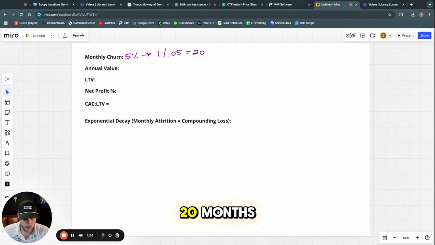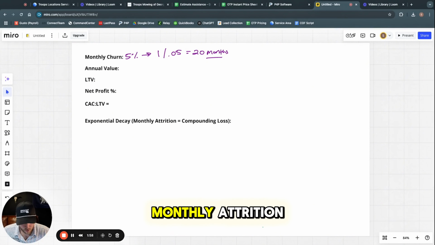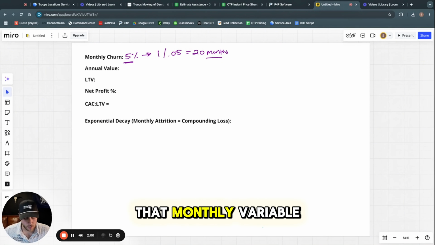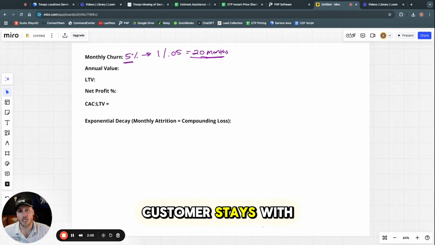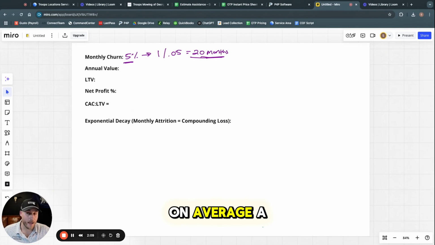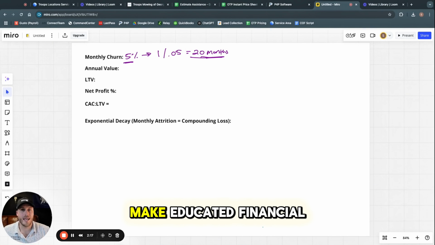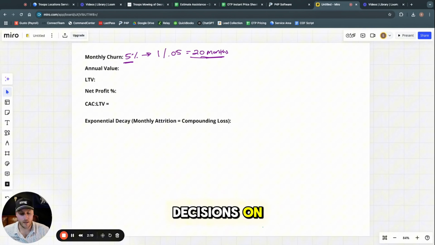This is going to give us 20 months, because we are looking at our monthly attrition. 20 months is how long a customer stays with us on average. If we have a 5% monthly attrition, on average, a customer is going to stay with us for 20 months. Some might stay with us for 40, some might stay with us for 1. But across the board, we can make educated financial decisions on 20 months